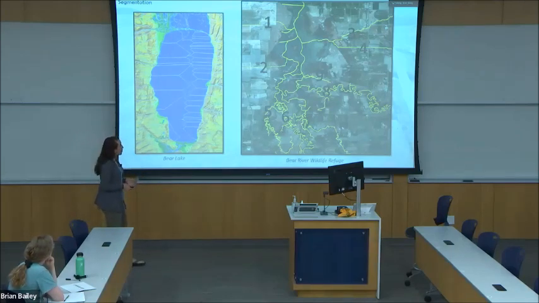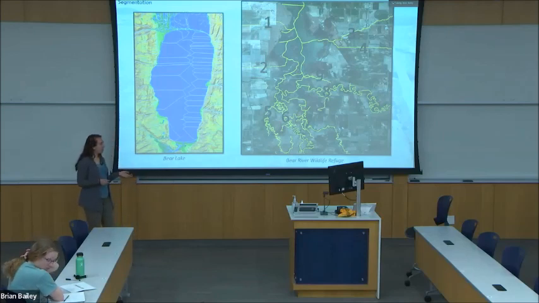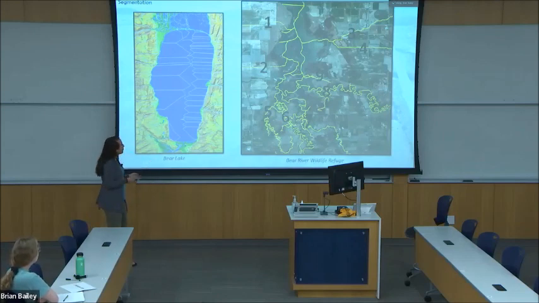Over here, we have the Bear River Wildlife Refuge, and we actually have one valley bottom, but we have upwards of 9 channels coming in. And so this is kind of the opposite issue. We have a place where we know that there's different river styles, and I can say that right off the bat because we've got ephemeral and perennial rivers coming in here, but we just have one valley bottom. So the issue here is that we have one valley bottom, but we want to be able to segment in a way that actually allows for multiple river styles to exist.